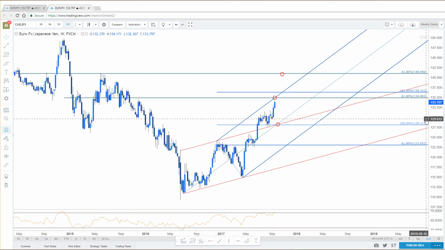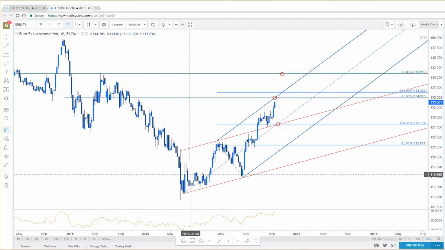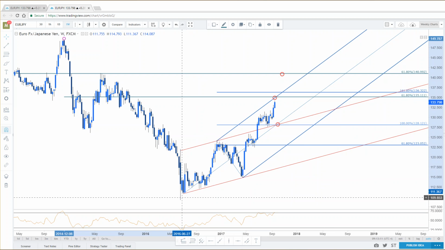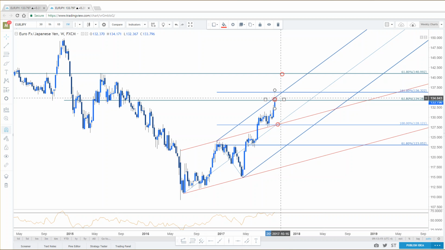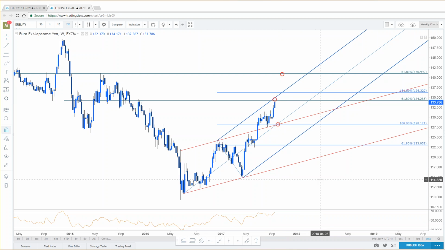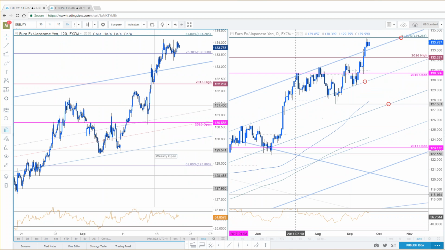Okay, so it gives us a little more room if we were to take, okay, Pooja, this interpretation, not using the low. Like I said, the low would actually put the 618 at where we are right now. So we could do something like this and then kind of highlight this whole zone. Still would leave you a little bit more room for that pop higher into the upper parallel near term.